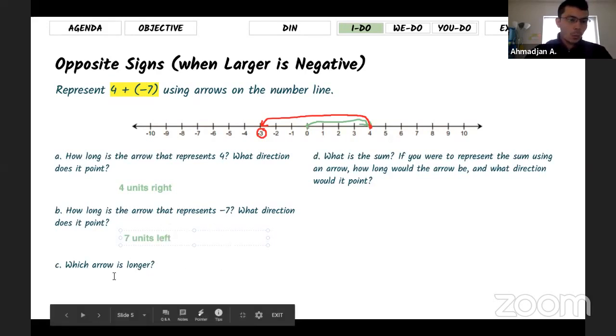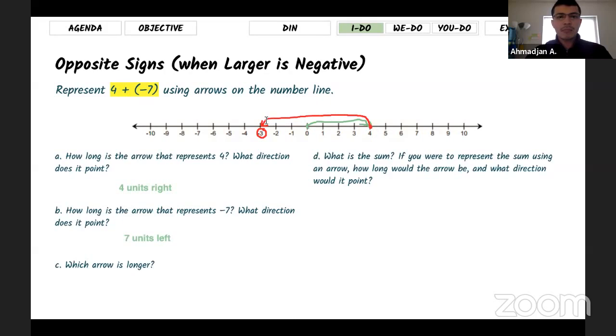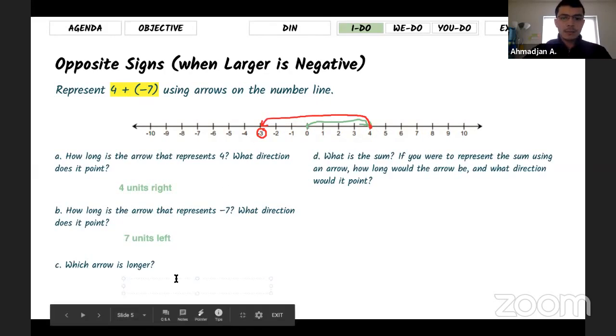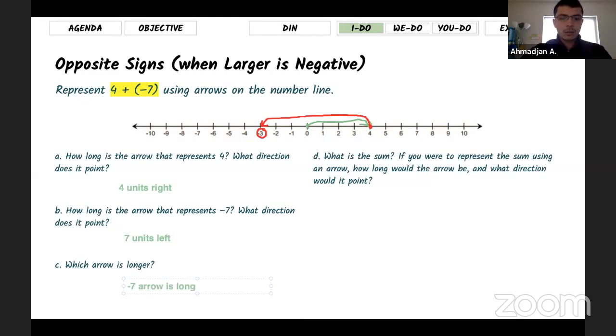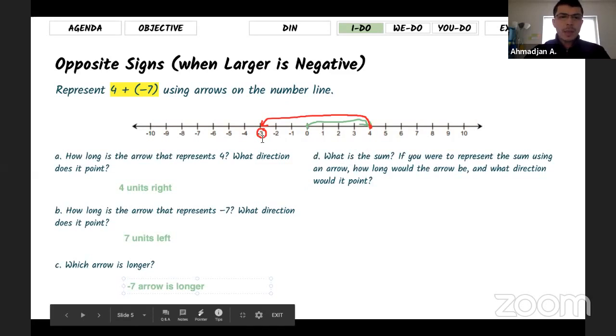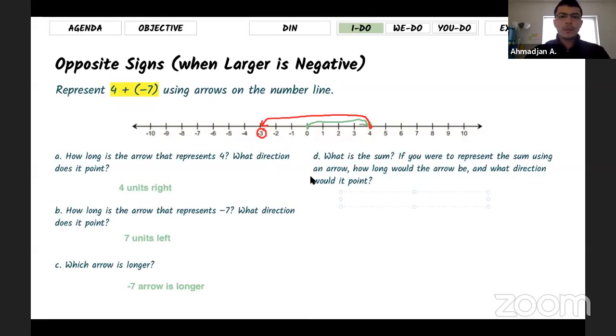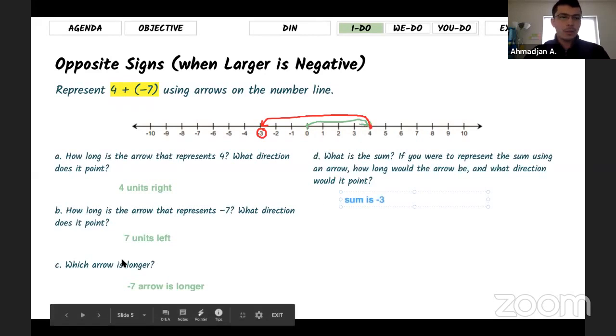And which arrow is longer? If you see these 2 arrows, it's obvious that the red arrow, the -7 arrow, is longer, right? What is the sum? And your final destination is -3. Okay, so because you ended at -3, the sum is -3. If you were to represent the sum using an arrow, how long would the arrow be? So if I pick another color, let's pick blue this time,